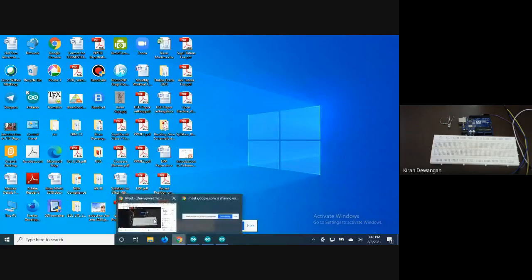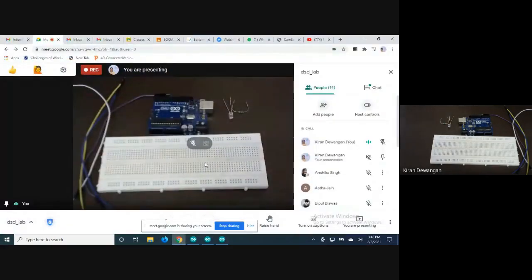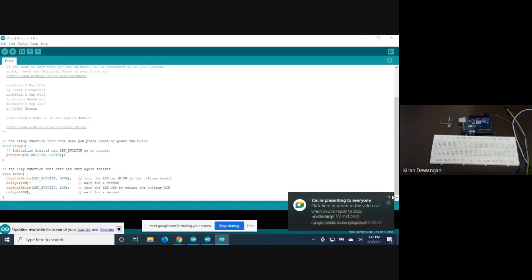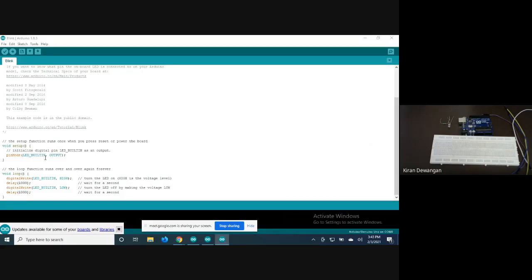Yes, ma'am. तो बताओ उसमें बिल्ट इन का क्या मतलब है? What is about built-in? If this is visible, then tell me what is the built-in? LED underscore built-in मतलब already Arduino बोर्ड में एक बिल्ट इन आउटपुट पिन रहता है, and that is the pin 13. Pin 13 is connected to one LED in the Arduino board. Arduino बोर्ड में ही एक LED रहती है जो कि कनेक्टेड रहती है पिन 13 से. ठीक है, तो हम पिन 13 यहाँ पर अगर देंगे तो उसी में की एक LED वो कनेक्टेड रहेगी. That is what is built-in.